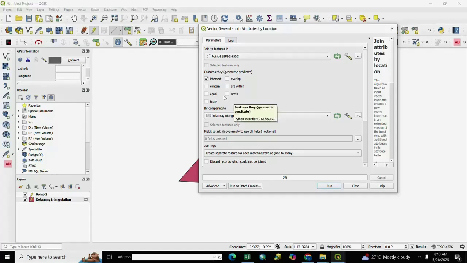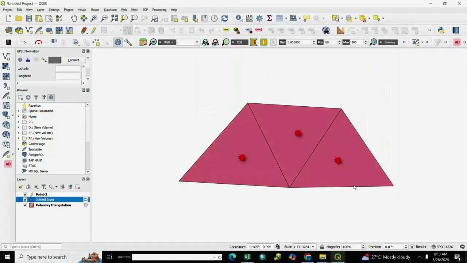We select intersect, and for the other layer we select the polygon layer. After it, run and close it.